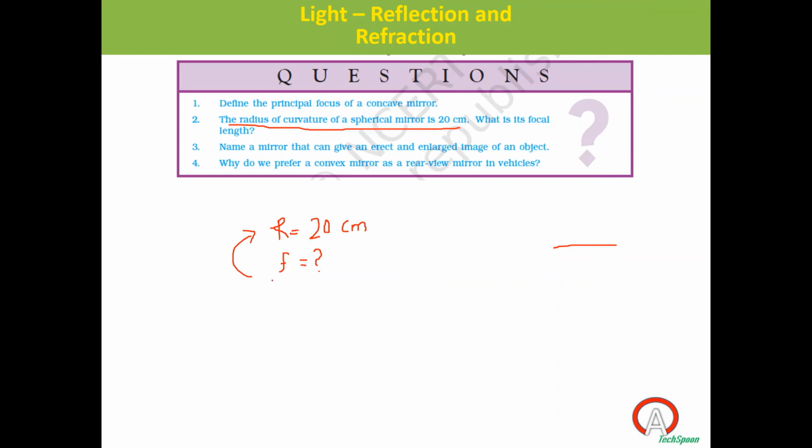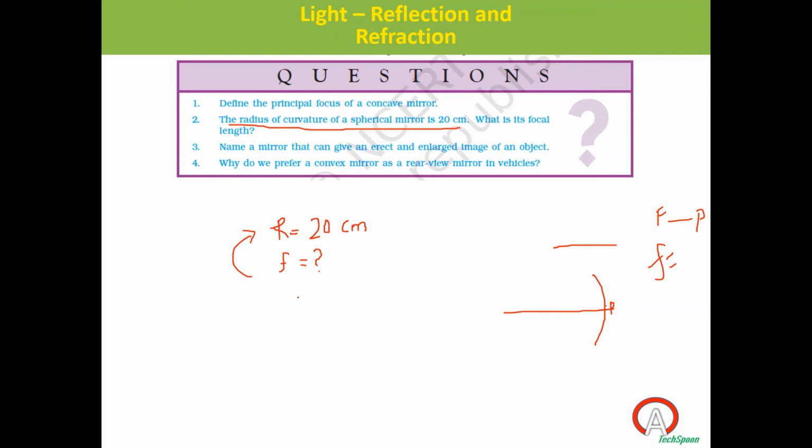What is meant by f? Focal length. Focal length, you know? Distance between pole and focus. Capital F is the principal focus. Small f is the focal length. That is the distance of focus from the pole, right? So that we have to find out. You think about the figure here. If it is pole, now you tell me what is the formula. First you think about a formula that is relating.